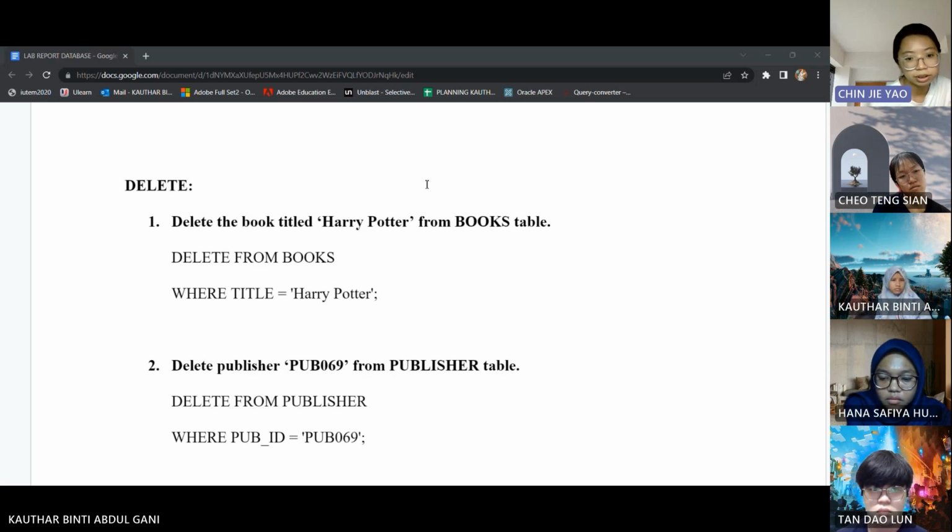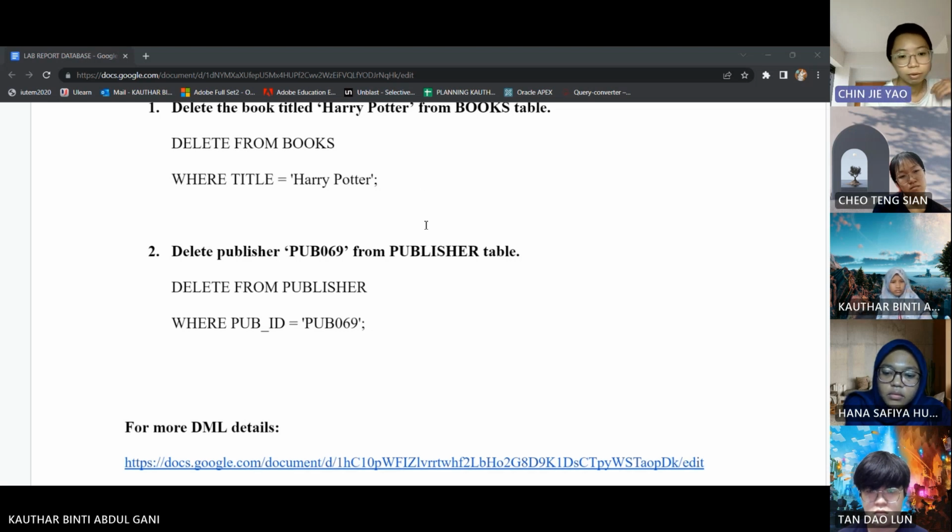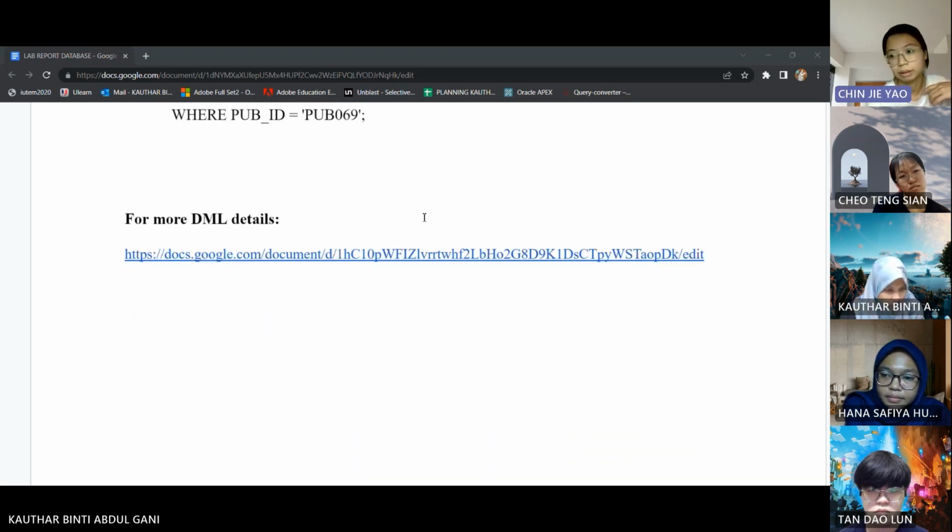In order to delete publisher PUB 069 from the publisher table, we delete from publisher where the publisher ID equals PUB 069. For more DML details about our library system, you might visit this webpage.